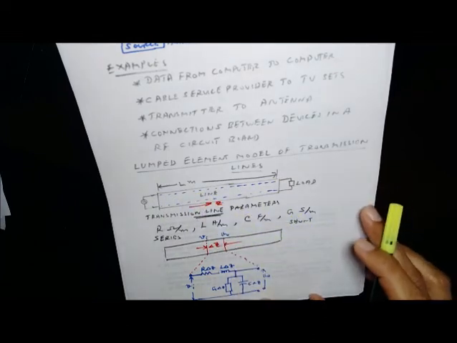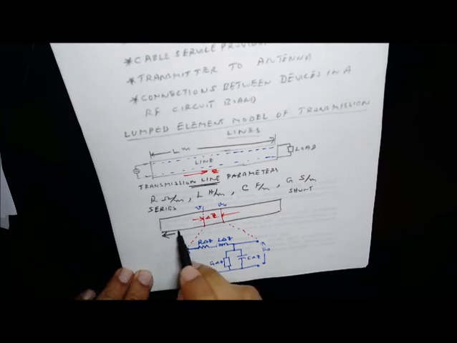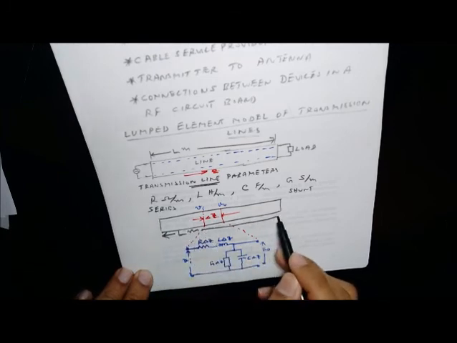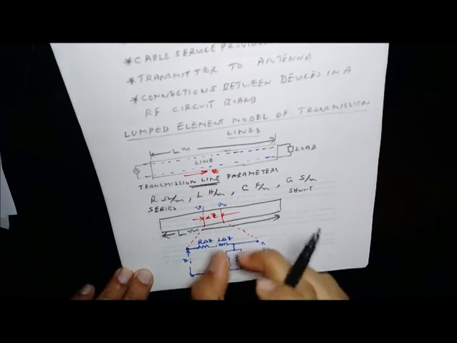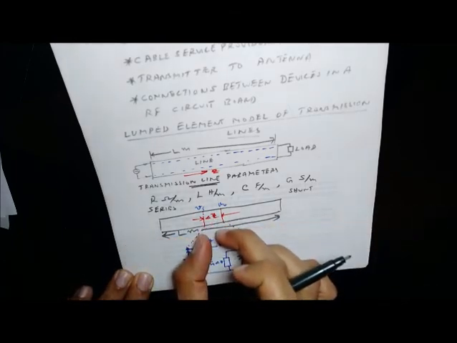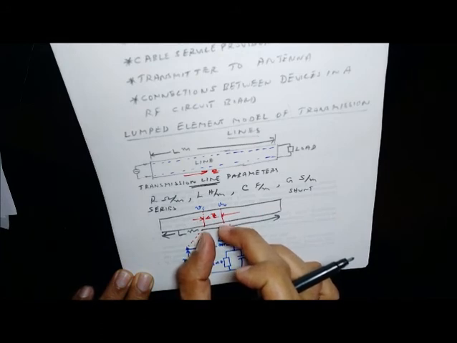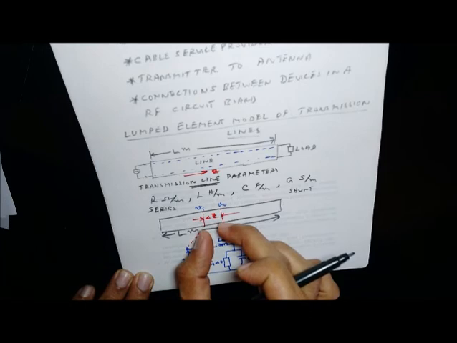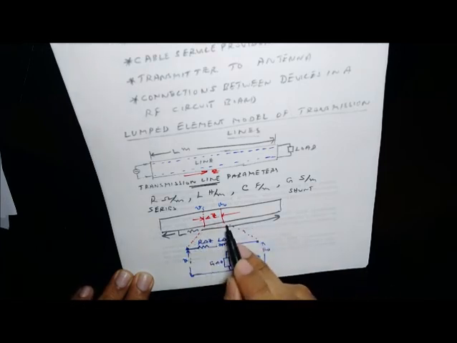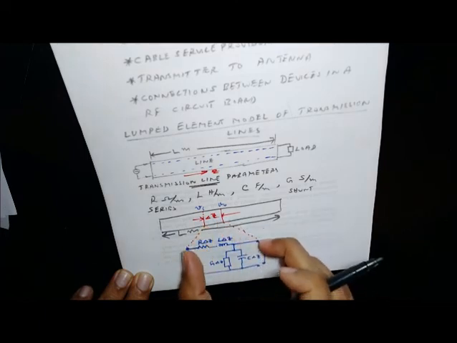Now, let's say that we take a small section of this long transmission line of length L meters. We take a small section, a tiny section. Now it's aligned along the z-axis. So let's take a small section of length delta z, a very small section, infinitesimally small. Its exploded view will be like this. Its magnified view will be like this.